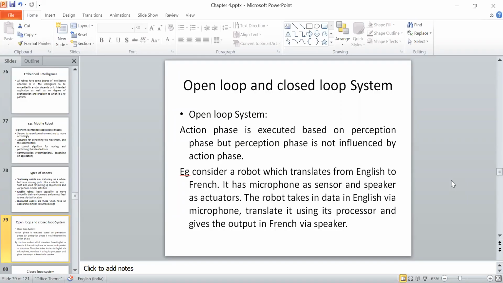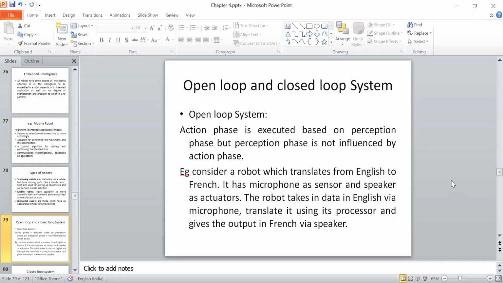If you make a humanoid which is able to do the translation thing, what that robot will do is listen to the information, one language information from the environment, send that information to the microcontroller, convert it into another language, and then send the same information to your audio device, that is your actuator, and it will speak in some other language.